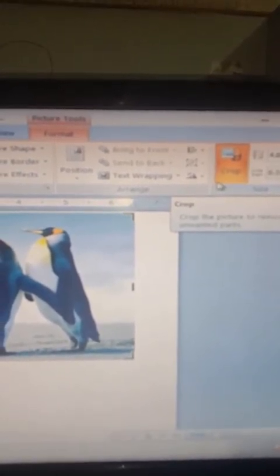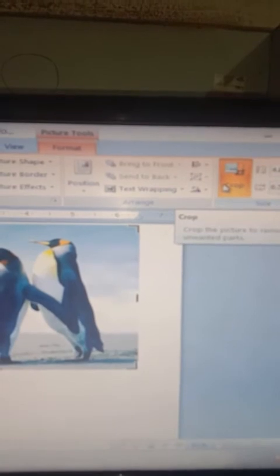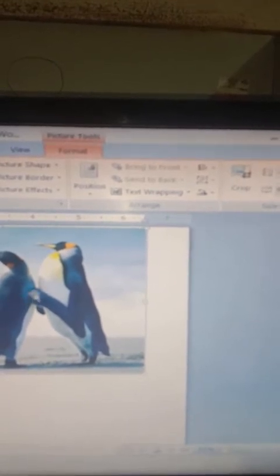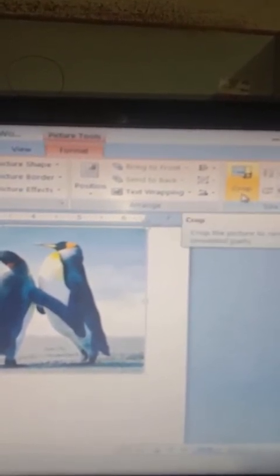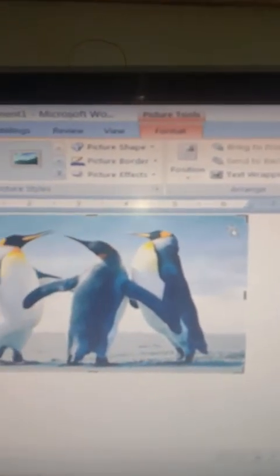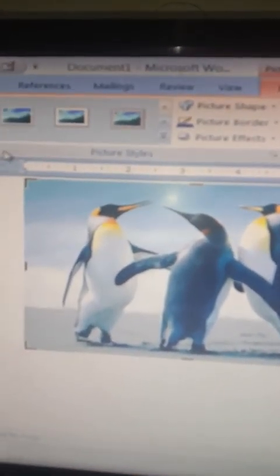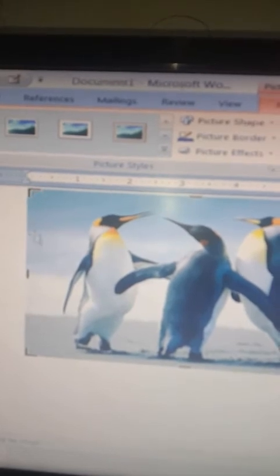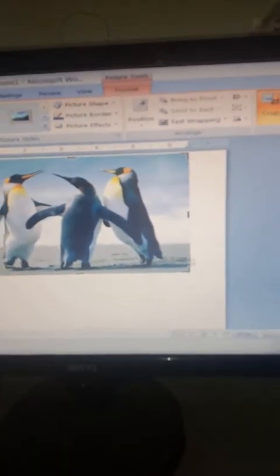Which means that that button is on. This option is on, and as soon as I left click over it, look here, it changes to the normal colors. It means that it is off now. So after selecting the picture, just have a single click over here, and as soon as I single click over here, look, different types of square type shapes appear on the side of the picture.